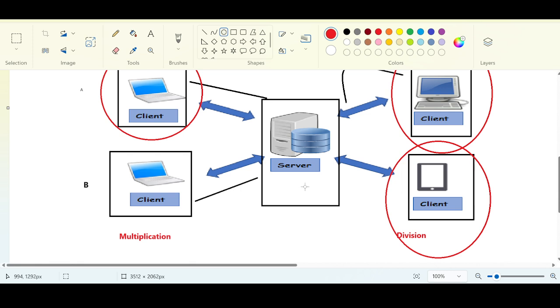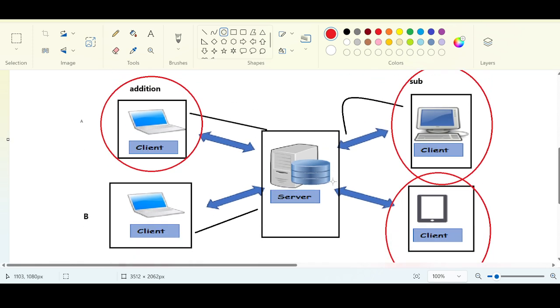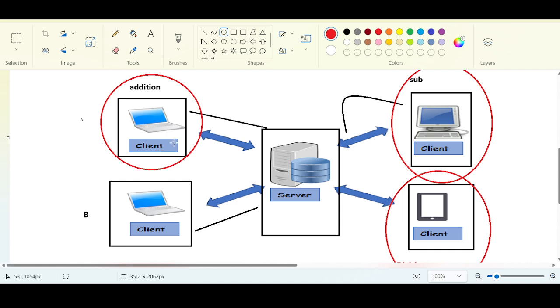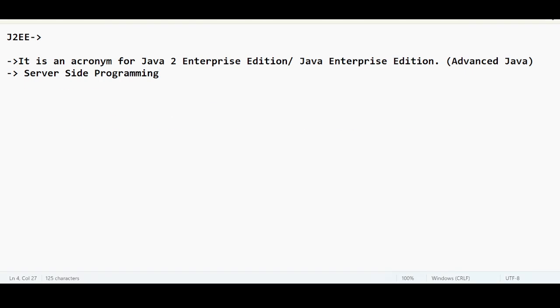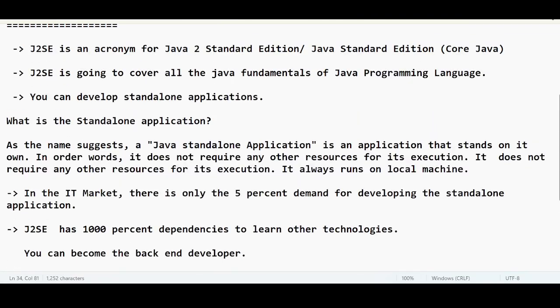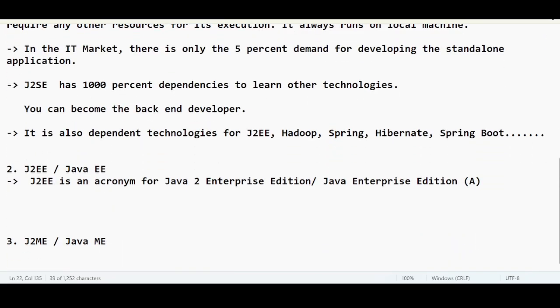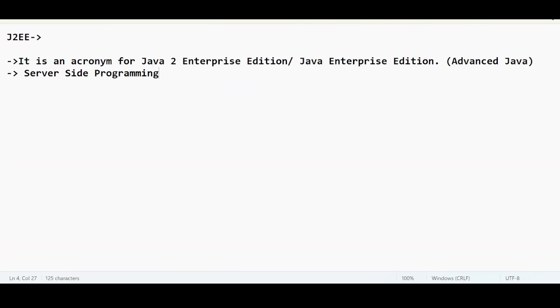By looking at this, there can be a little confusion with this client server architecture. Trust me, these are applications that are not limited to one system; by definition you will understand. Standalone means the application that is limited to one system. A standalone application stands on one system. But client server programming is when you develop applications using the client server architecture, you can develop distributed applications or enterprise applications.